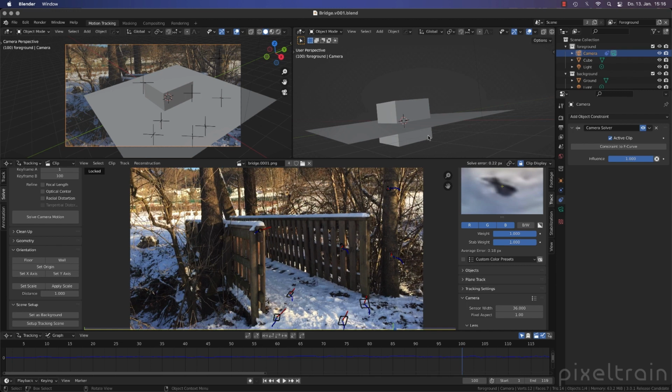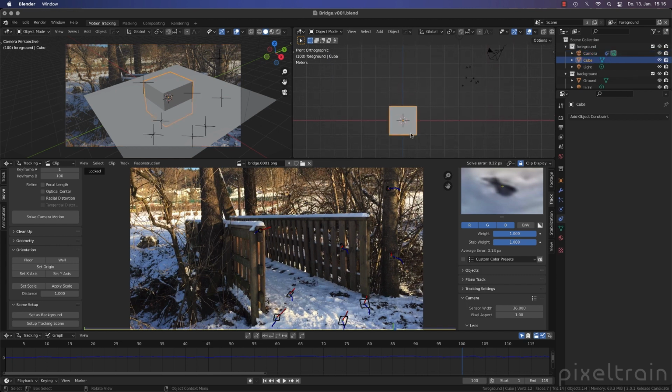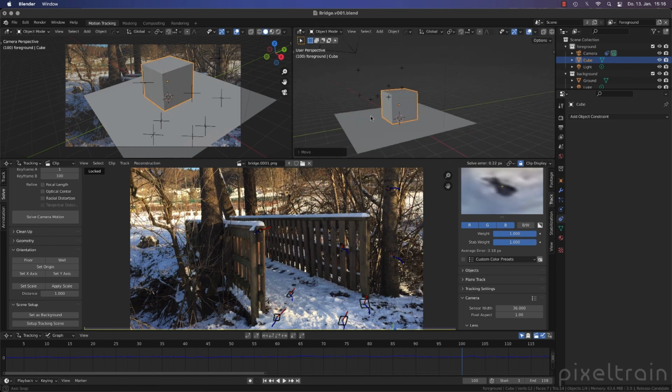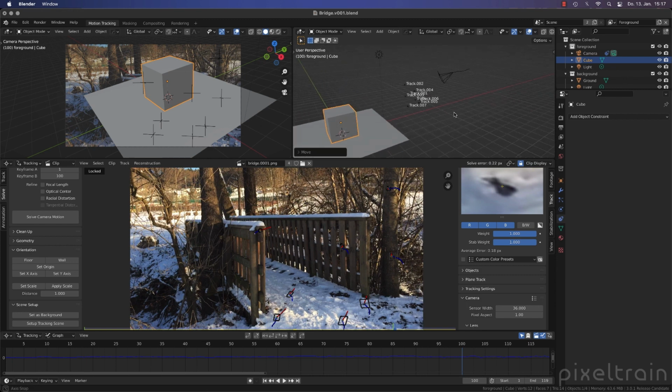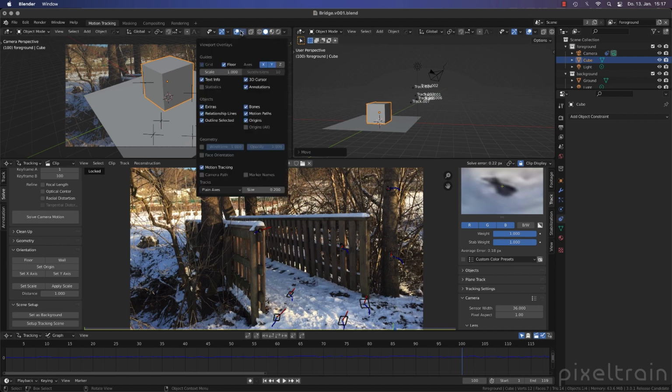Okay, let's set up this scene a little bit easier here. What I want to do, you see here that the cube is sitting in the floor again, like always. So select the cube, G key for grab, Z for Z direction 1. So now we have this cube sitting here on the floor. What we also want to do here in the viewport is we go here to the viewport overlays. Camera path and motion tracking is active because we use these scene setup buttons, but we also can activate here our tracker names for a moment. So you see this is our bunch of trackers which we have here, and you see they are really far away from the things we are doing here. So that's not the thing we are after.